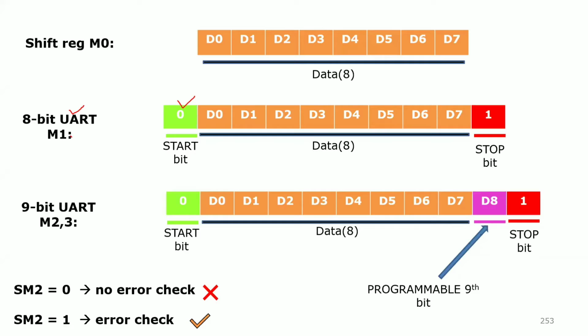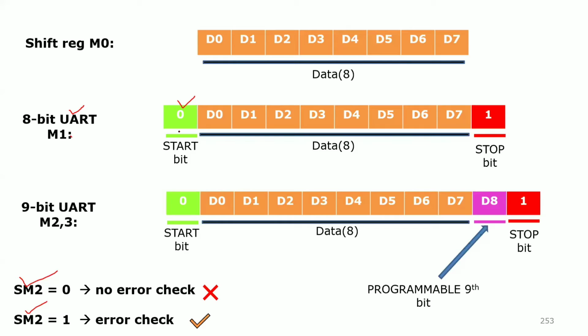Now I told you I am discussing SM2. Now check here. So SM2 equals 0 means we are not checking the errors. If SM2 is 1, then only we will check the errors. That means the error checking is optional. I mentioned this point earlier, right? So in order to make it optional or mandatory, it depends upon this bit. Whenever SM2 is 1, we will check the errors, and when SM2 is 0, we will not check the errors.